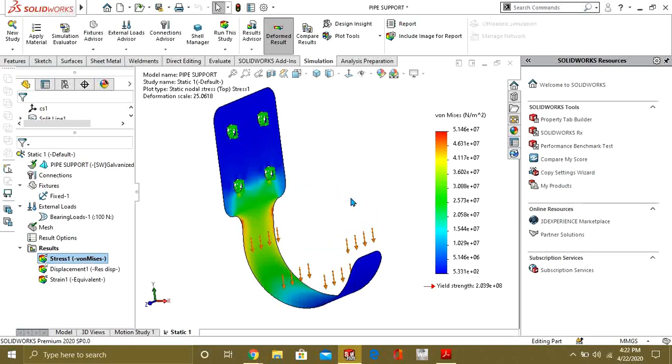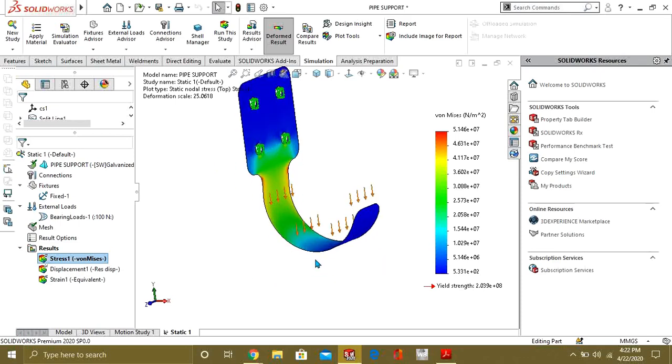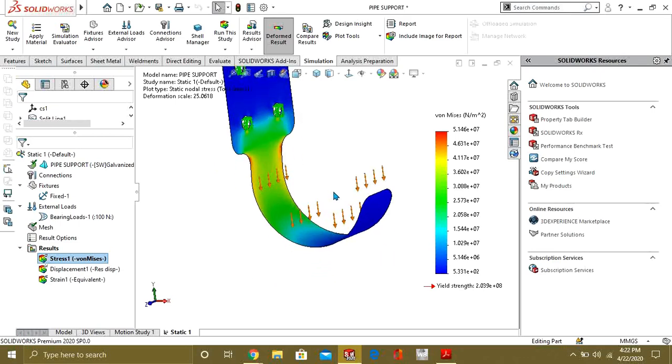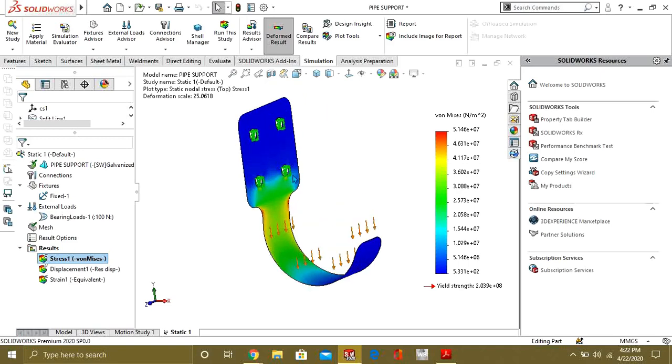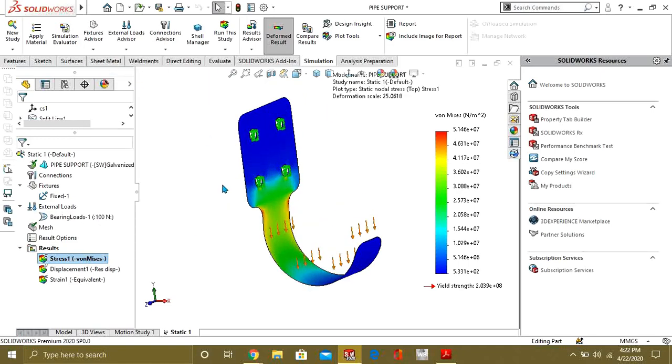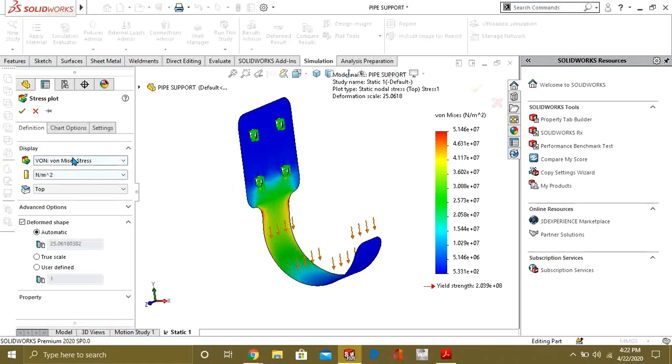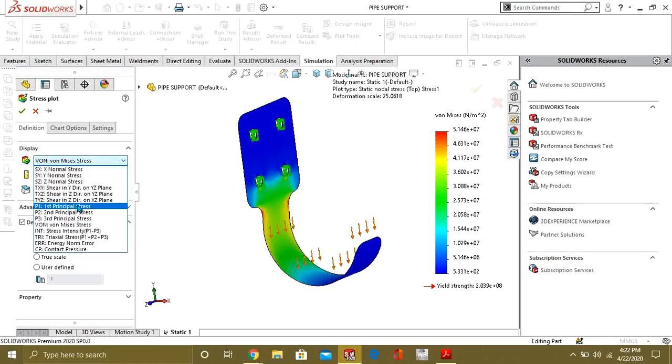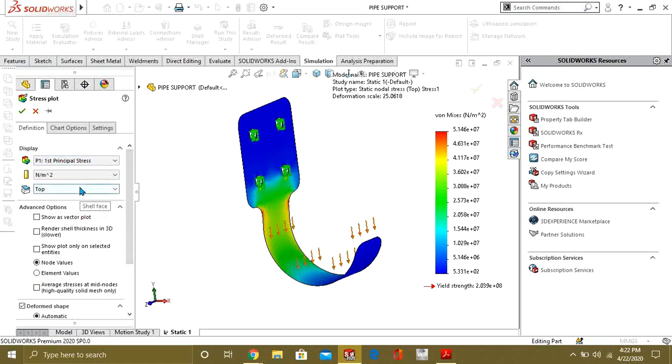As we have used shell elements, shell elements differentiate between stress results on the top and bottom of the element. In case of bending, one side will show tensile stress and the other will show compressive stress. So we will prepare two stress plots. For that we will go to edit definition and select first principal stress and select bottom.